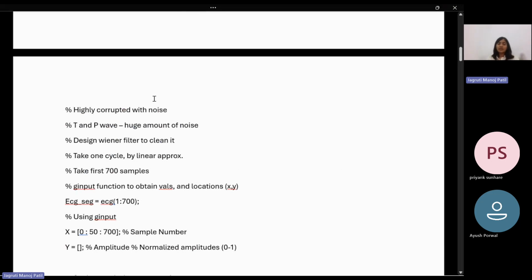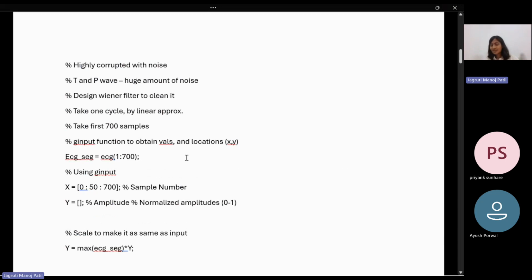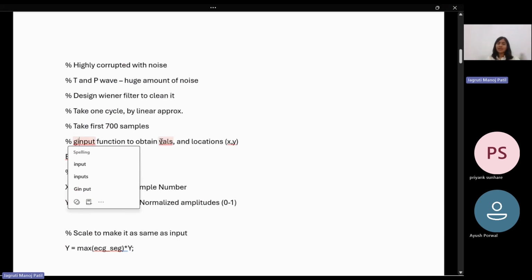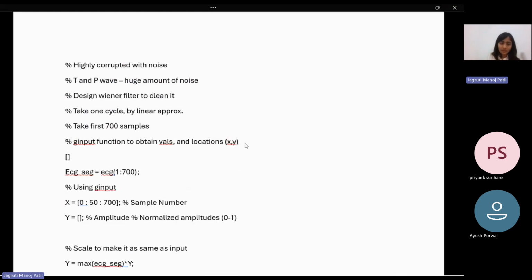So what the instructor has done is that he has taken the first 700 samples, and then there's a function called ginput in MATLAB. What you do with ginput in MATLAB is, whenever you write, say, x comma y is equal to... okay, I'll show you the syntax of ginput. You write it something like this: ginput of